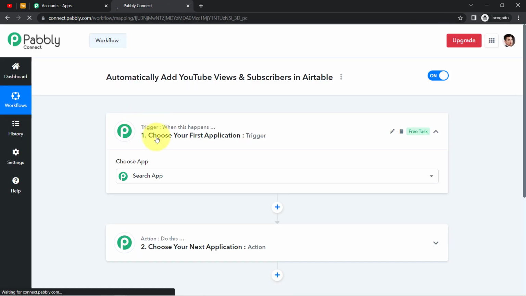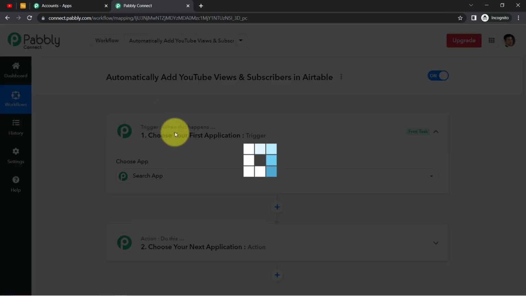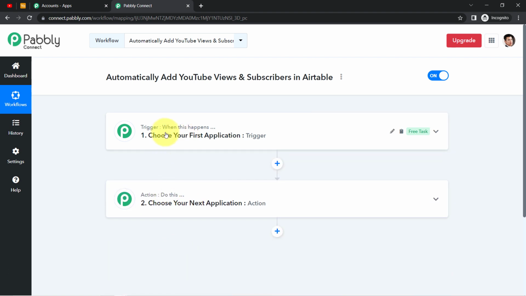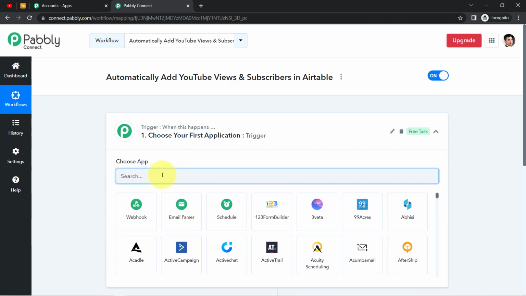These are trigger and action. Trigger means when this happens, action means do this. You can read this as: whenever this happens, do this. Understand with an example also. Whenever a sale happens in a payment gateway application, let's say, send an email via the Gmail application. And here, according to our use case, whenever we get the data via the YouTube application, automatically add the data in the Airtable application. So generally we need to select the applications in which we are setting up an automation, but